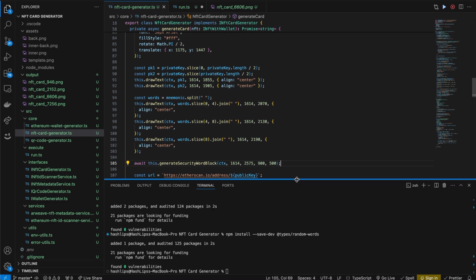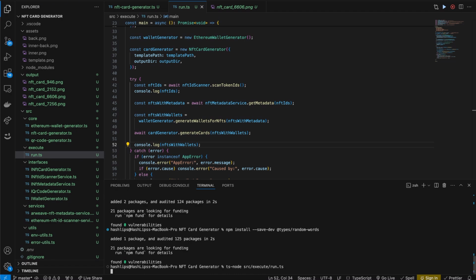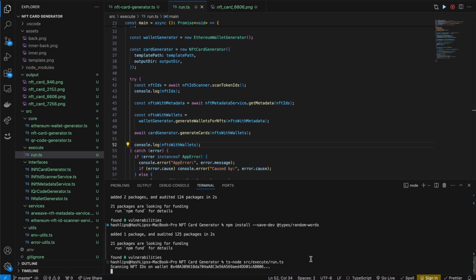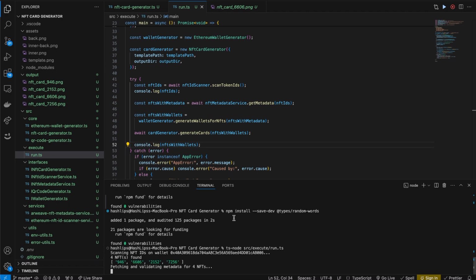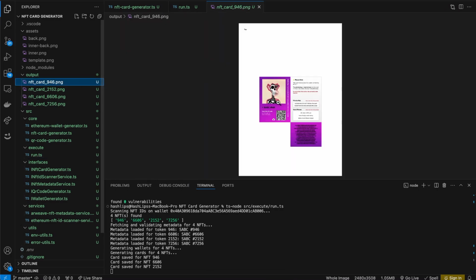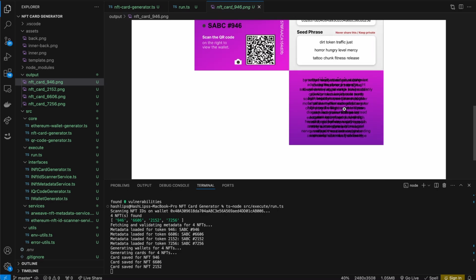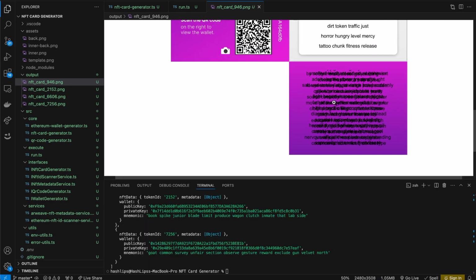Now that we have this, I can go back to the run.ts file and let's run it one more time. So I'm going to hit ts-node run.ts. We're going to go through its whole thing. And the idea here is now to have a security block in that folding section. Okay, so it started creating the card and it's already created 946. So if we open 946 now and I zoom in a bit, you can see the random words obfuscating